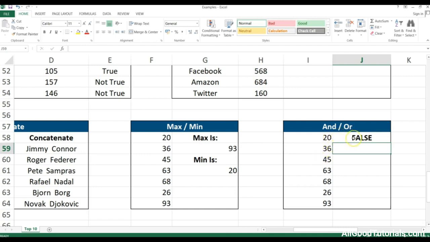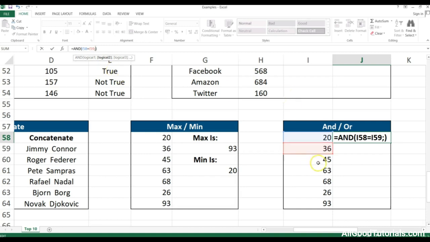That's why AND is not going to give us true. So this is just one condition, though. We can also insert another condition, and that can be, let's say, this is less than 63. Now as you can see, we have one condition which is not true, and the second condition is true, however, and it shows us false,